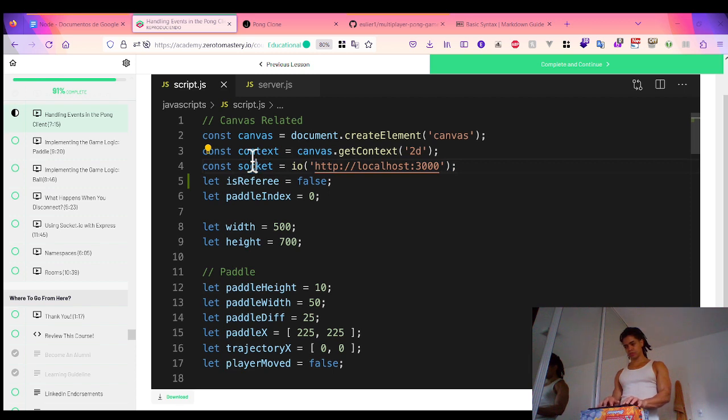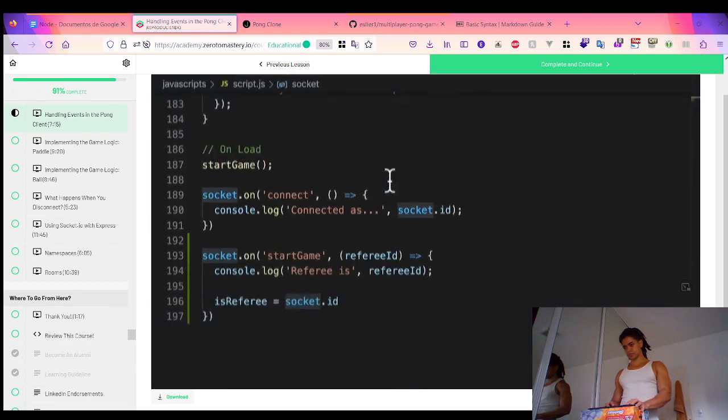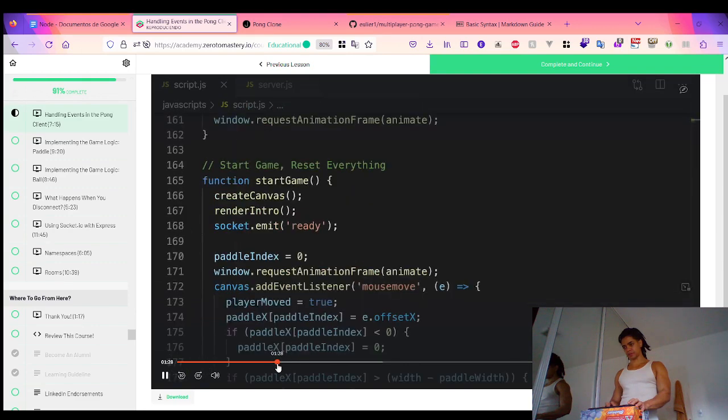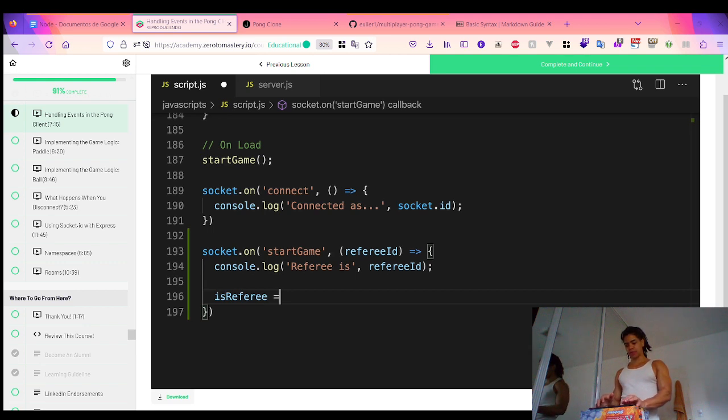Is going to main. For the referee, when this socket ID initialized here, referee, then we'll set is referee. So for example, here on the client side, you're setting it as the referee because this will be responsible to avoid cheat players. So is referee is a boolean as false, and then on the game